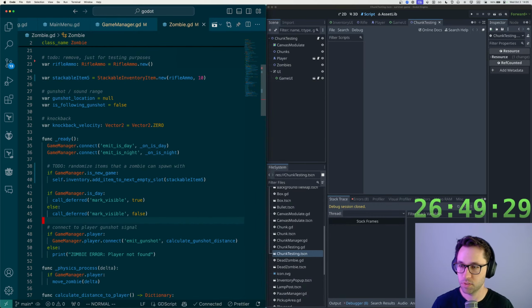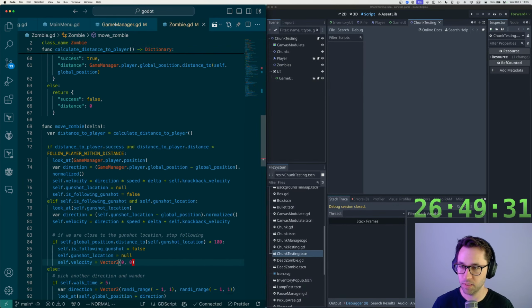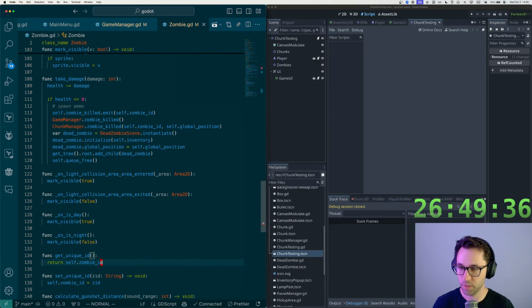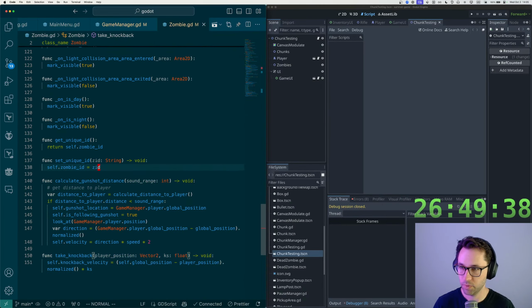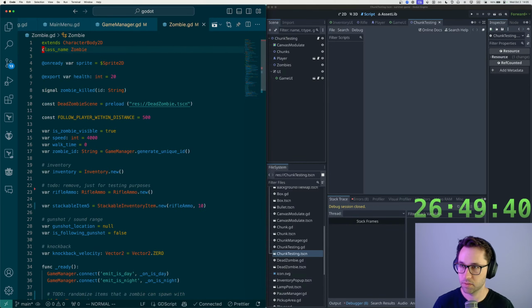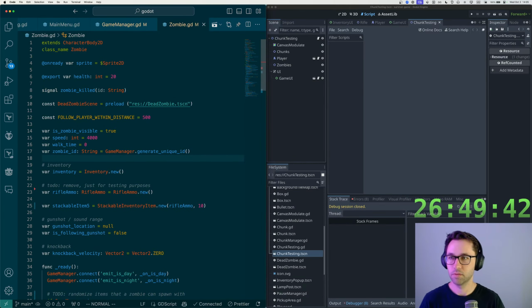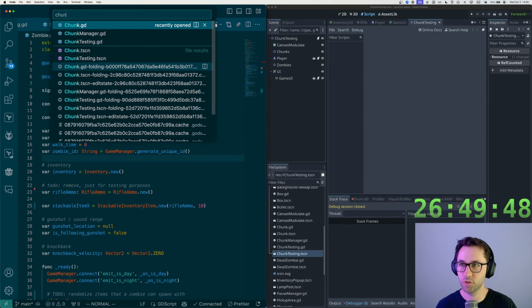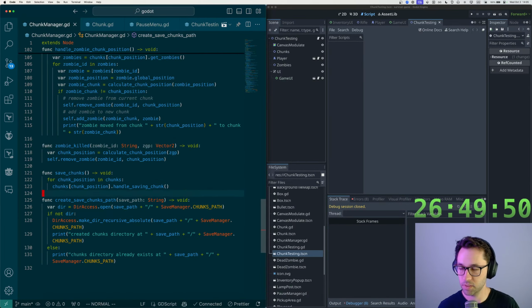Now we need to save the zombie's inventory and load it in, much like we do for the player. Where are we saving all this zombie info? I think it's in chunk manager possibly. So we save chunks, and we're currently saving